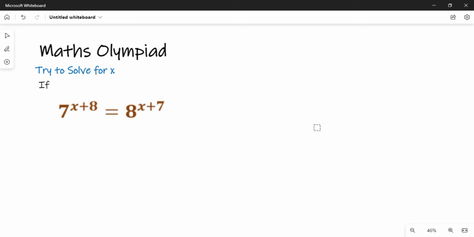In our class today, we are going to solve this maths Olympiad question that says, try to solve for x if 7 raised to power x minus 7 raised to power x plus 8 equal to 8 raised to power